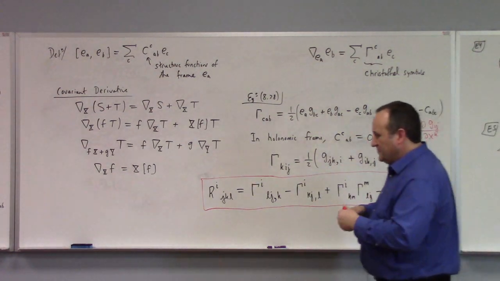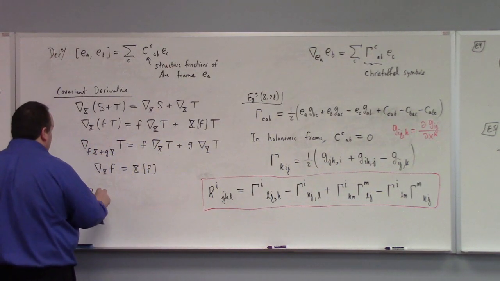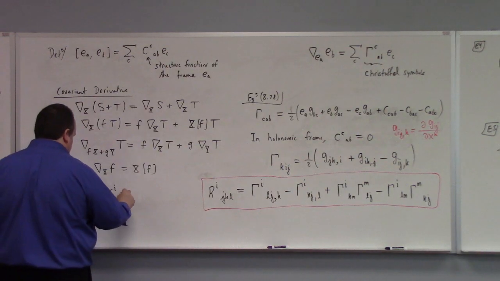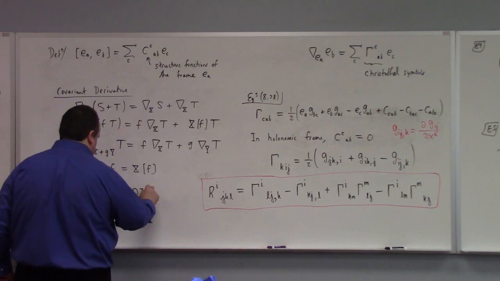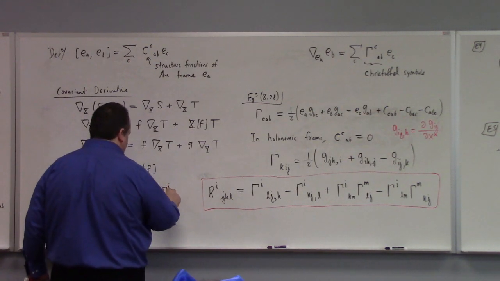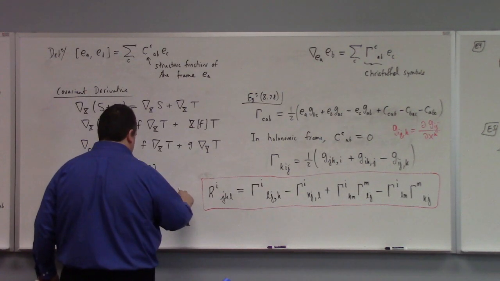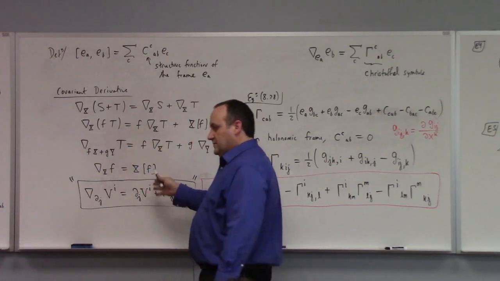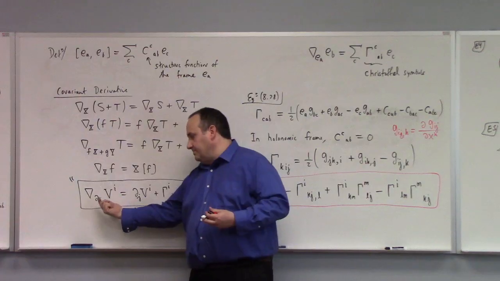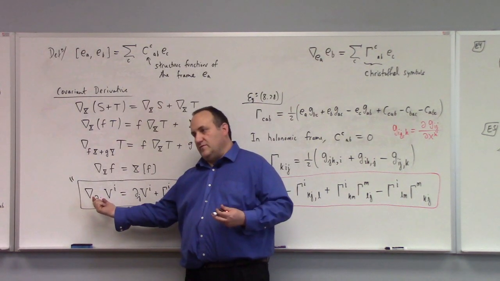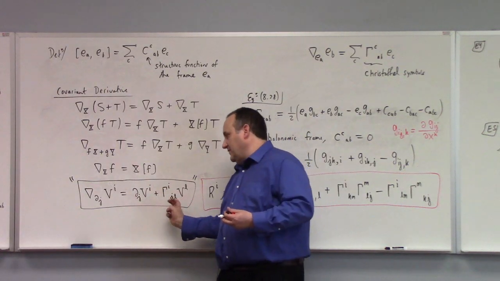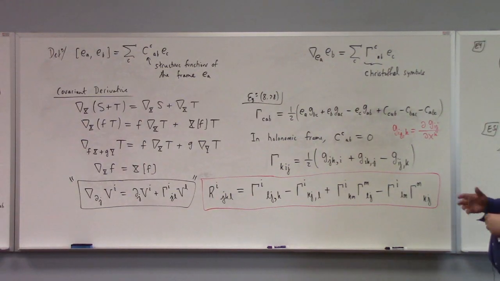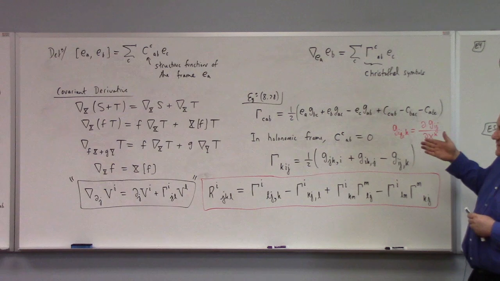That's what this does. Up to the limits of my memory, which are questionable at best, if I did partial i of, let's say, vector v, and I calculated the ith component of it, it's something like partial j v^i plus gamma^i_jl v^l. Now I have to put some scare quotes around this, guys, because I haven't checked conventions. I'm not sure about plus or minus here. But this is literally how you modify the coordinate derivative to make it into something tensorial. You just add a piece with the Christoffel symbols, and this will end up giving you something that transforms as a vector. That's what the covariant derivative is, if you look at it in terms of formulas. But anyway, yes. So first of all, the Christoffel symbols are formed from